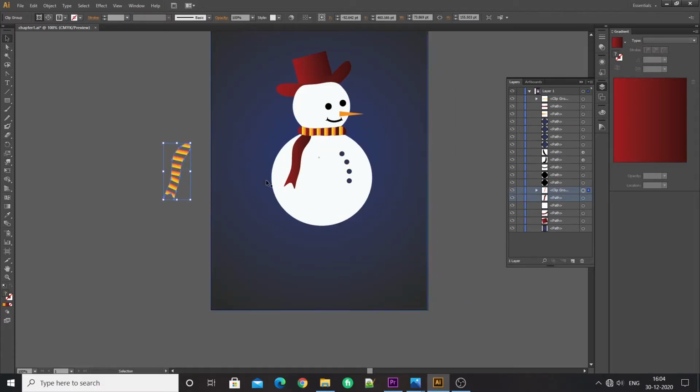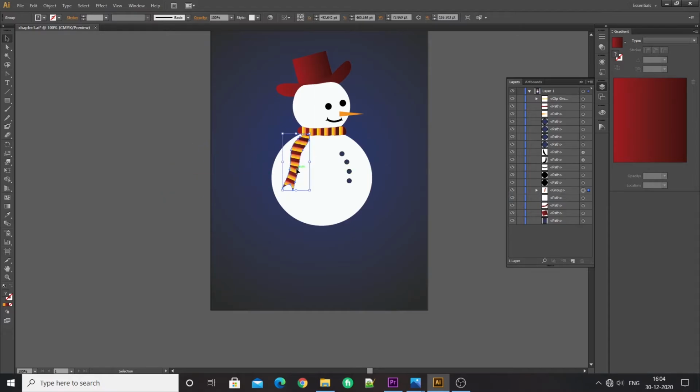Now I will bring both the objects out and then select both and group them. Duplicate it and rotate it.